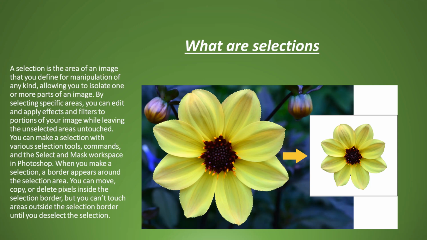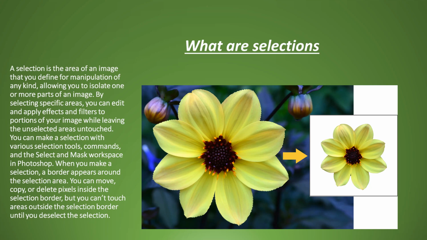So this can be done in various ways. This is typically selection. Now, why do you select a flower? Maybe you find that the color is less saturated, so you want to increase the yellows in the flower, or you can put it in a different place, or you can decrease the size of the flower, shrink it, or expand it. For all these functions, selection is the basic tool which will help you isolate the subject and then do whatever manipulation you want.